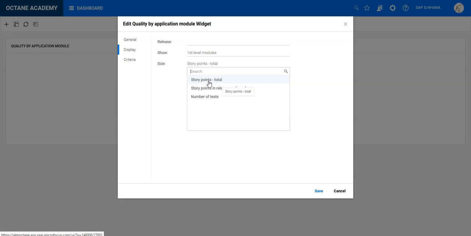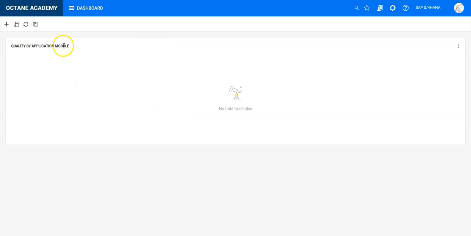define user stories, or you say no, we are working with a traditional approach and we are using requirements, or not at all. So we just have the test cases, so you can say the number of test cases within this module, the first level or the second level, will define the size of the box. So this should be the standard configuration for your SAP project. And now I can name it here, let's say quality by SAP